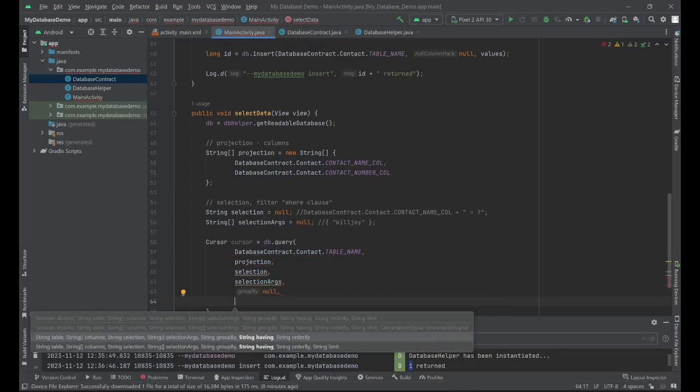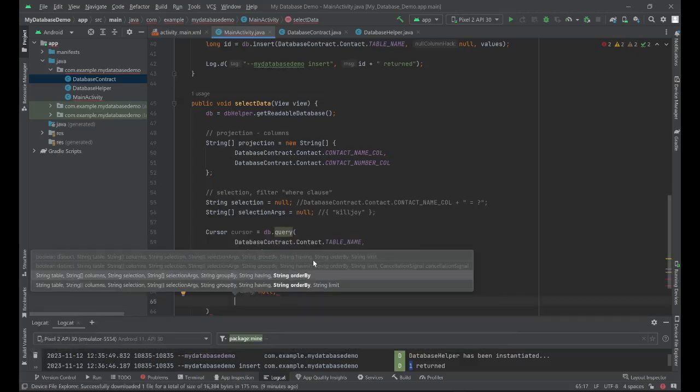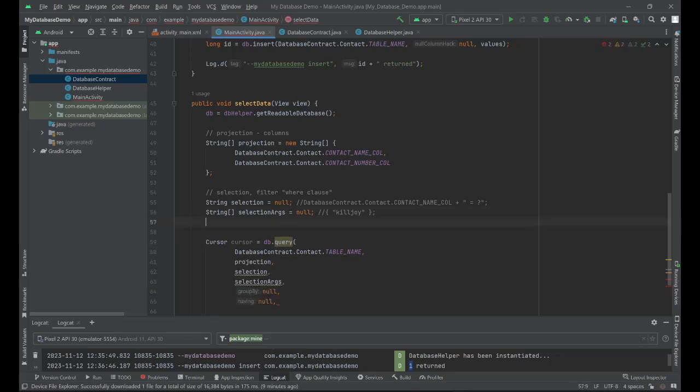Next parameter is group filter of group function, null also. And then lastly will be the order, sort order. So you can actually declare a string here representing the sort order. So basically, we will not implement a sorting order, but I'll show you here. So string sort order. So you just need to add the column that you want to sort. Here is contact